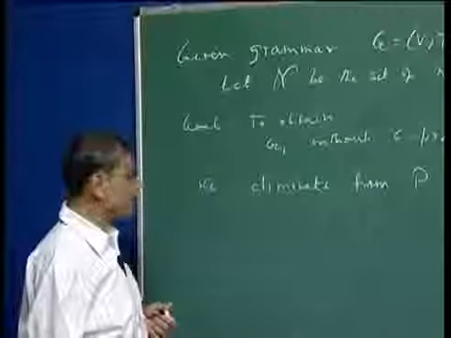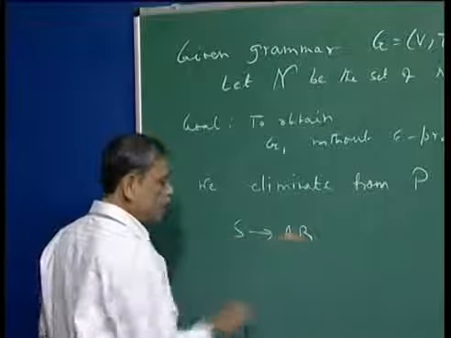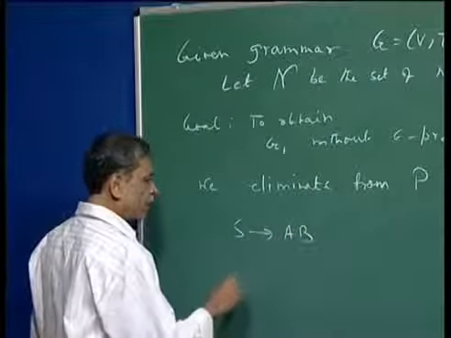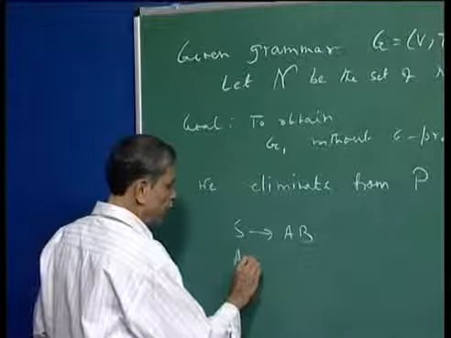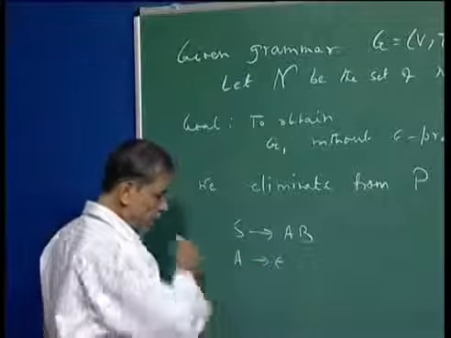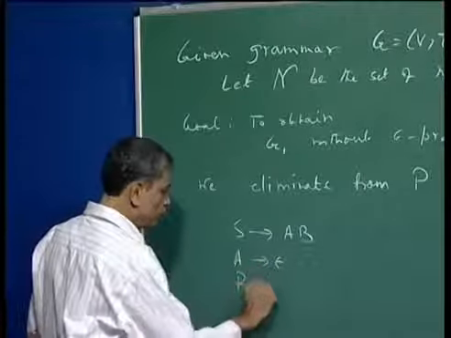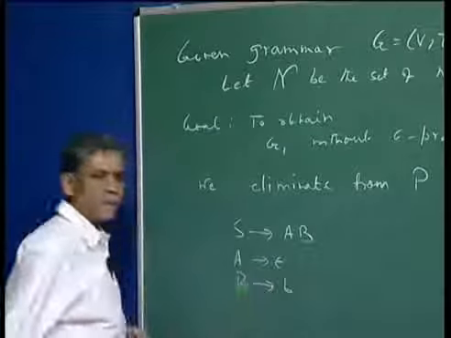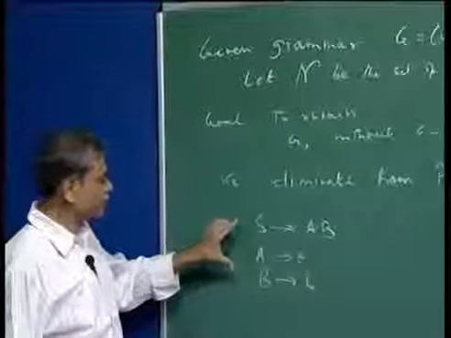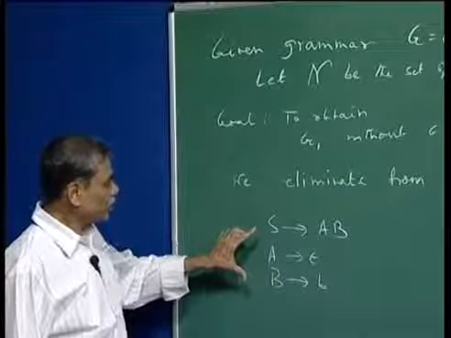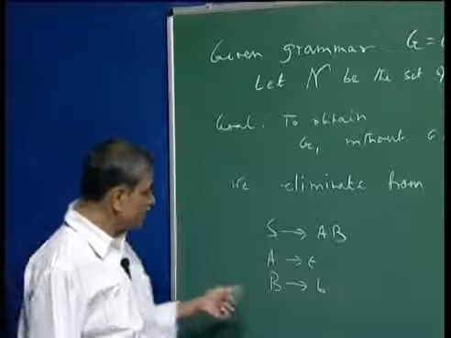A very simple example: suppose S goes to AB, A goes to epsilon, and B goes to B. Suppose this is the only grammar that you have, these are the set of productions in the grammar, then